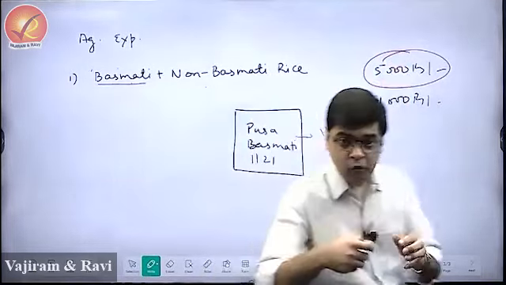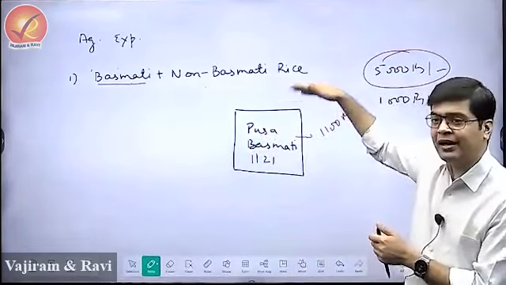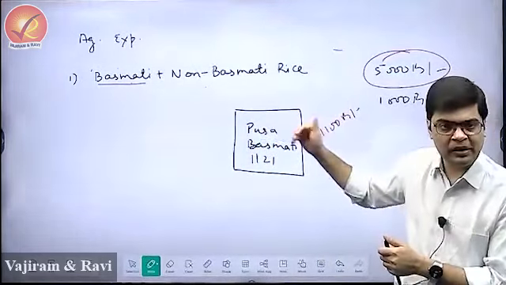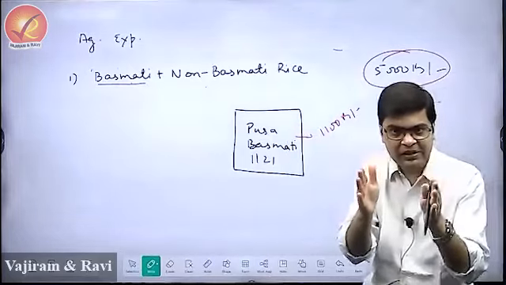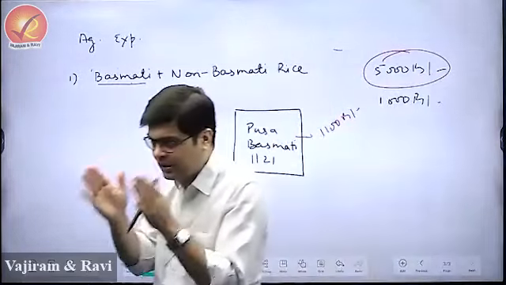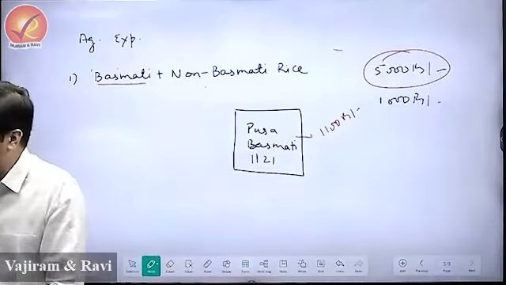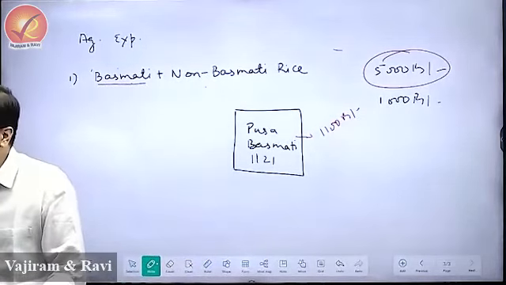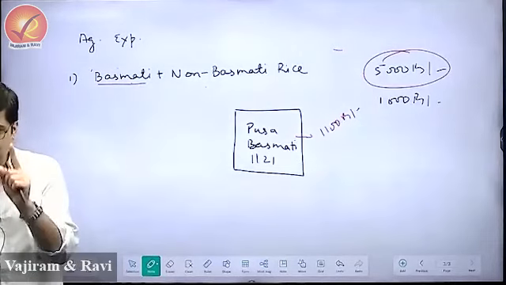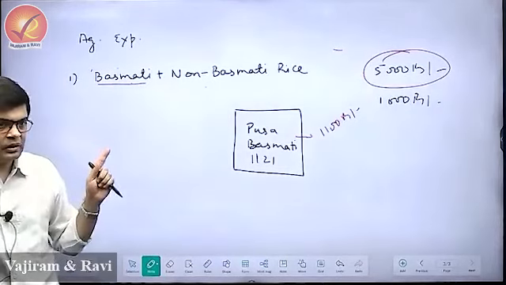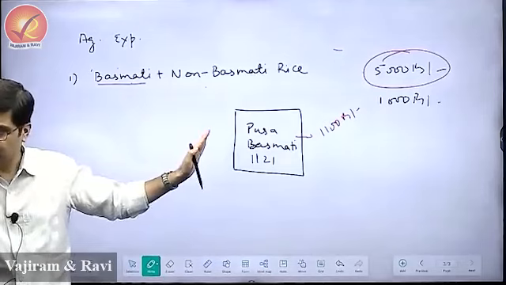Okay? The government says the minimum export price is 5,000. And if you are going to export non-basmati at 5,000, who is going to purchase it from you? Nobody. So this is basically a mechanism taken up by the government to prevent the exports of non-basmati, which was done in basmati rice bags. That is minimum export price. Is this clear to everyone?